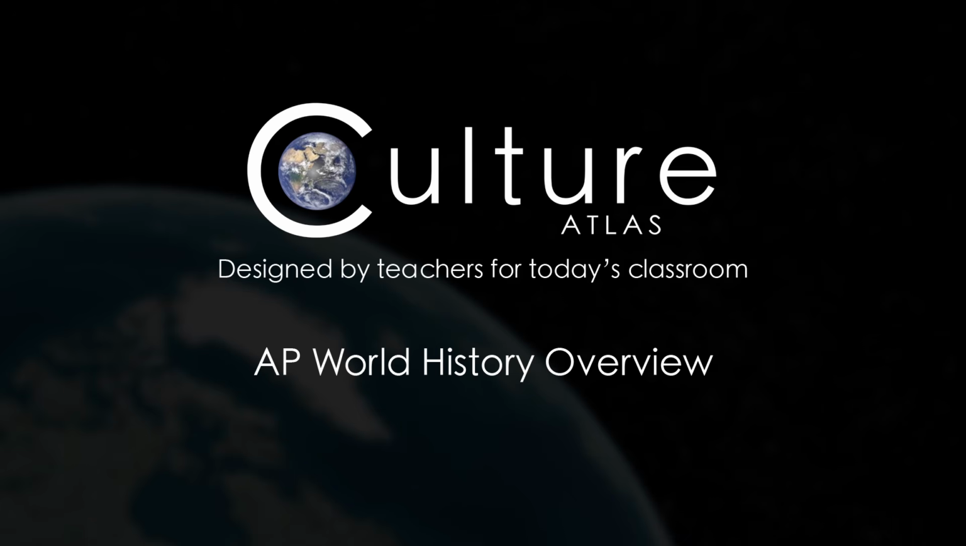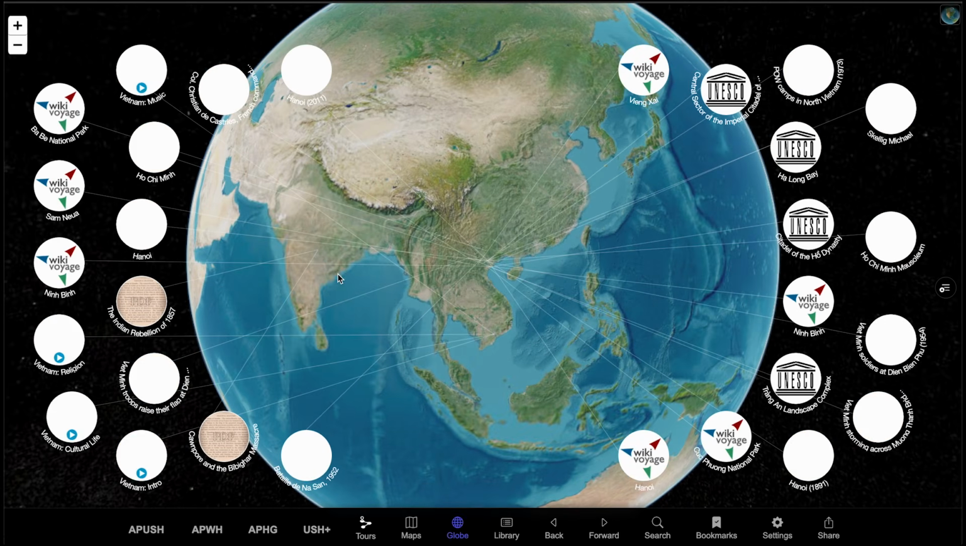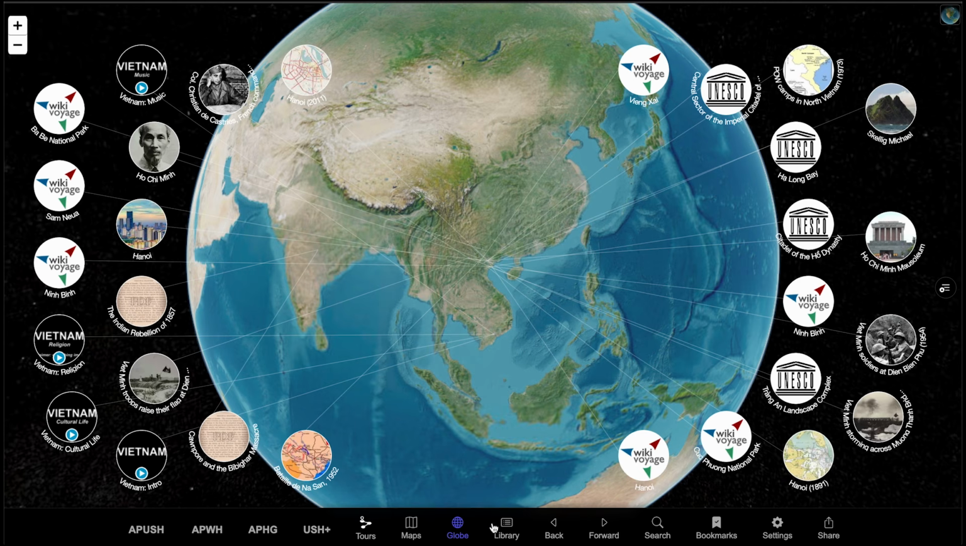To get an idea of what we have to offer, let's dive into the Cultural Atlas app and take a look. We're now in Globe View, one of 4 different views of our virtual Earth. The 4th view of our virtual planet is called Place View, but as with our Tourmaker feature, we have a